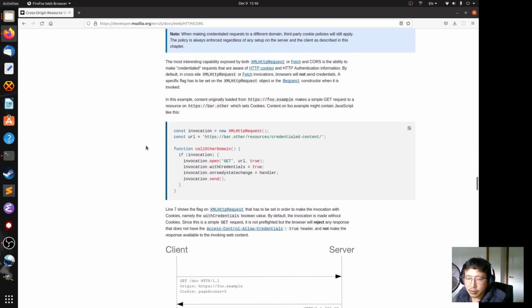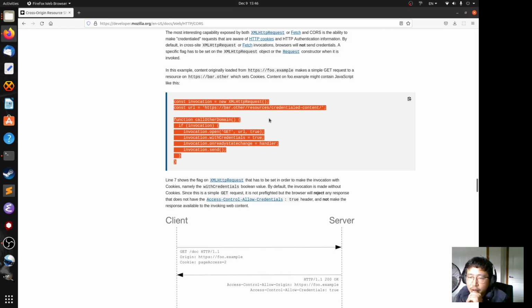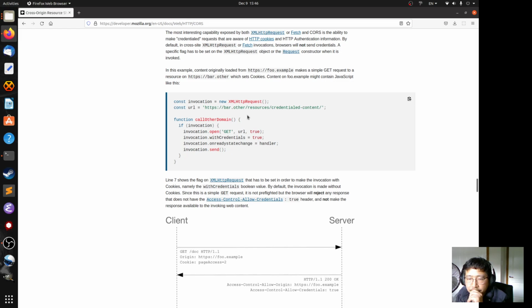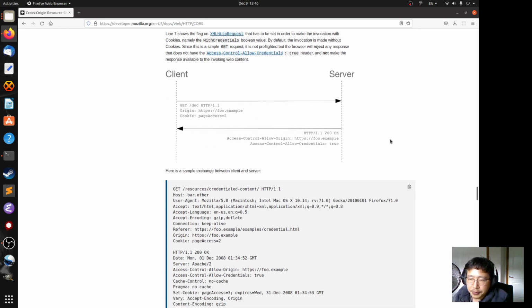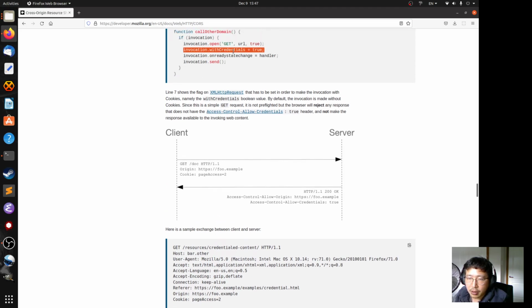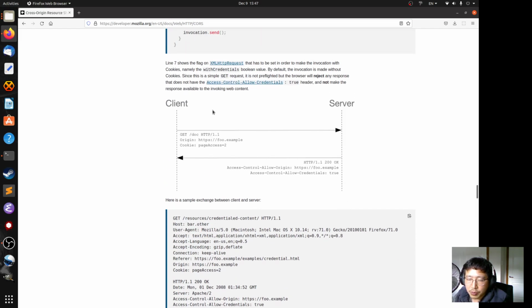Next is a request with credentials. So this is the script that the browser is running. Here is the flag that you need to set to true in order for you to use the cookie. The withCredentials flag has to be set to true. Given you've set this flag to true, because this example is a simple request, you don't need to send the OPTIONS method. You just, in this case, send the GET request with the cookie pageAccess equals 2, and